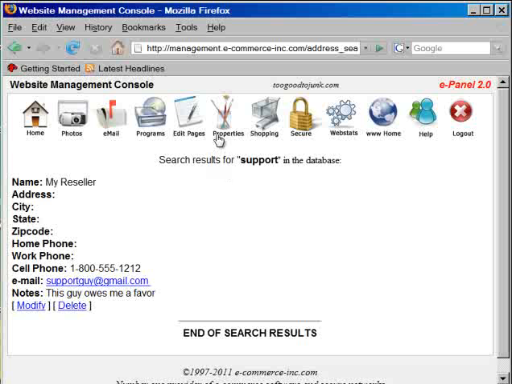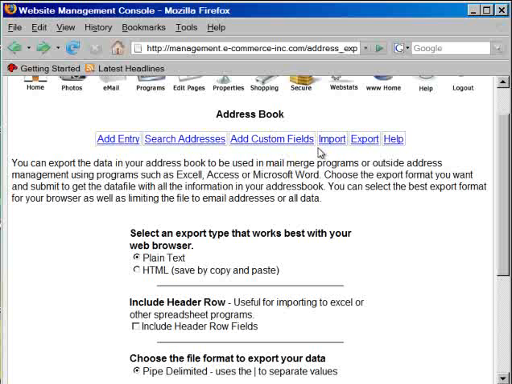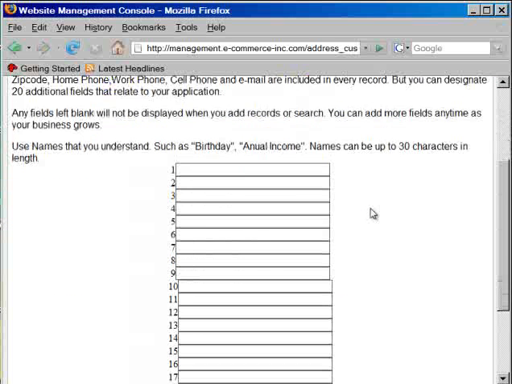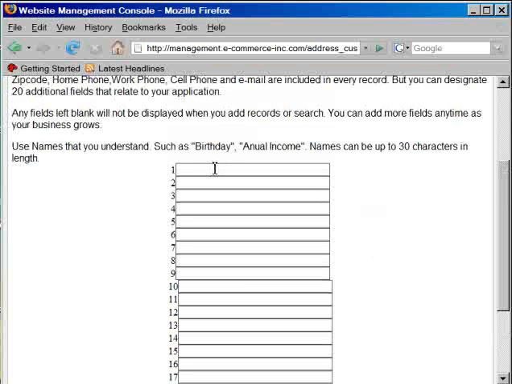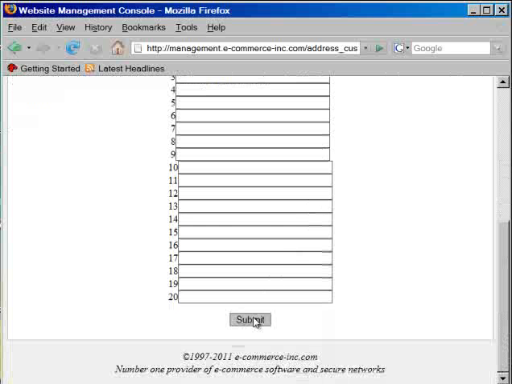We can also expand the database. There's 20 additional fields that we can use. We're in here and we click on Add Custom Fields. We can create up to 20 additional fields that are relevant to our business. If we want to ask what the person's birthday is, we can put that in. If we're a car sales company and we want to know what car did they buy, we'll put in what car did they buy, we submit it,